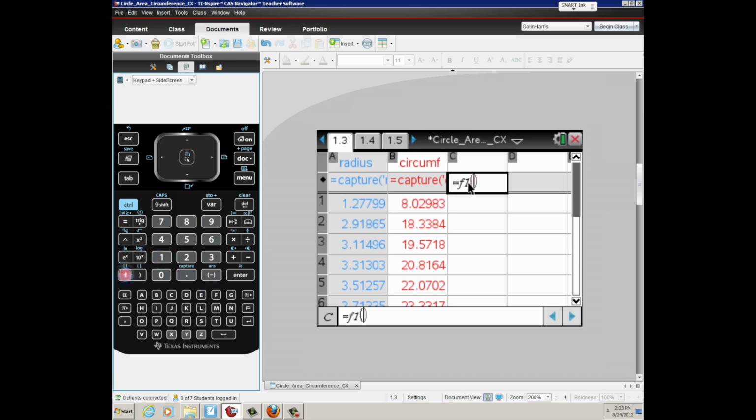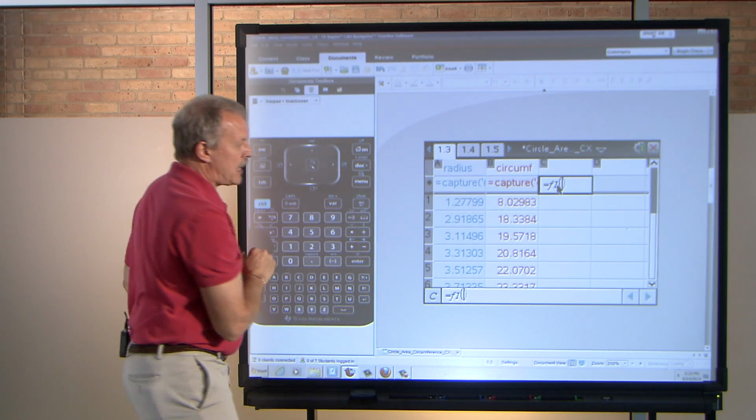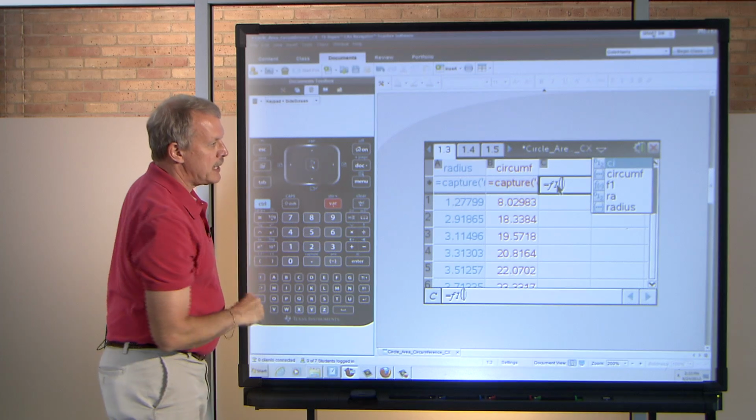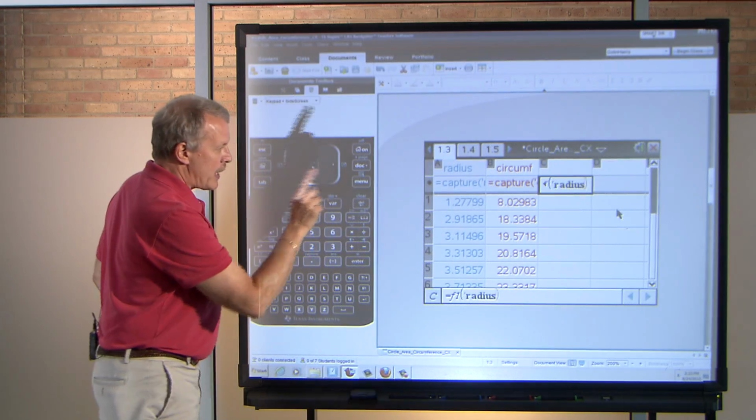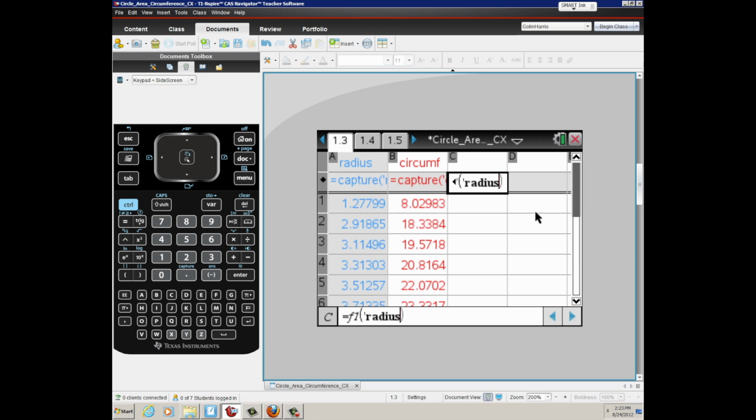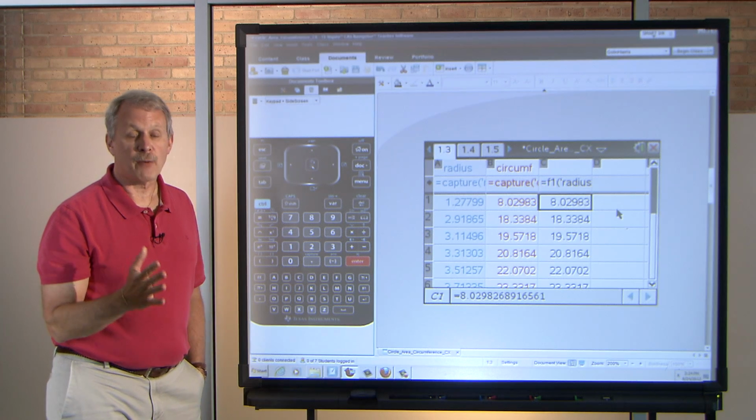F1 of, and since I'm kind of lazy and don't want to type the word radius, I'm going to go to the variable key and say, that's exactly the one I want, that radius right there. And when I press enter, I want you to compare these two columns right here. And you can see it's not close, it is exact. That is exactly the equation that models this data, and it should. And this is kind of a powerful